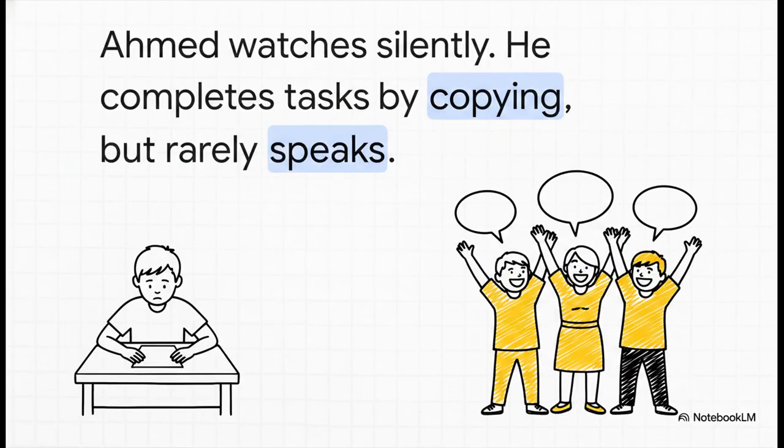To put a face to this, let's look at Ahmed. He's an 11-year-old newcomer. Now, Ahmed watches his classmates silently. He manages to complete tasks by kind of just copying what the kid next to him is doing, but he rarely speaks. And this, right here, perfectly illustrates what researchers call marginalization through monolingual norms, which is really just a fancy way of describing the incredibly damaging idea that only the dominant language counts for learning. Sure, Ahmed is physically in the room, but presence definitely does not equal participation. If we restrict everything to a language he doesn't know yet, we're basically silencing him. We make him invisible before he even gets a chance to show us what he's capable of.